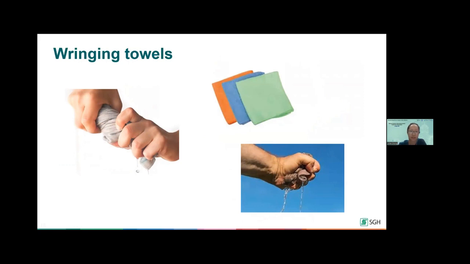Wringing towels. This is the number one issue that a lot of my patients come in with, because we wipe a table, we wring it to wipe it dry another time. So day in, day out, if we wring it multiple times a day, at some point in time, the joints will give way, right? So one of the suggestions that we have is, instead of using one cloth and having to use the same cloth to wipe dry, we suggest considering 2 or even 3 cloths.